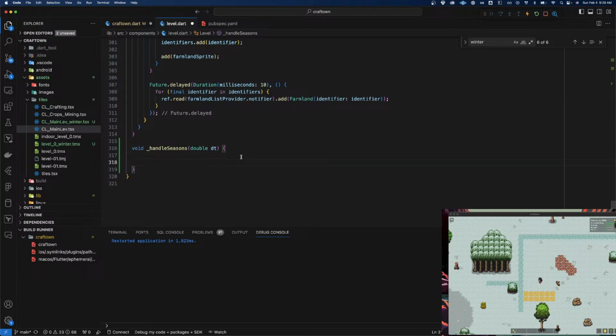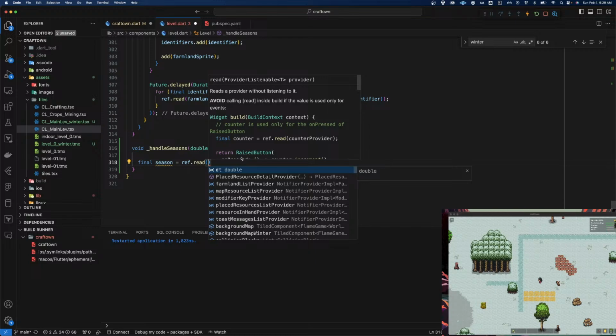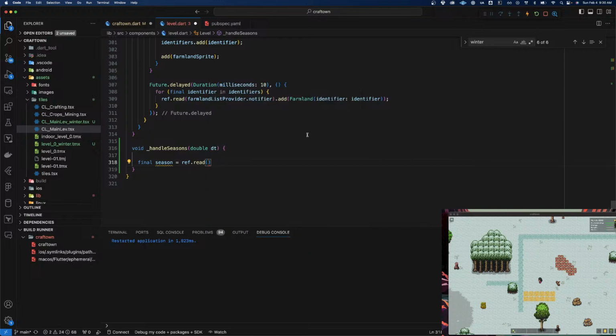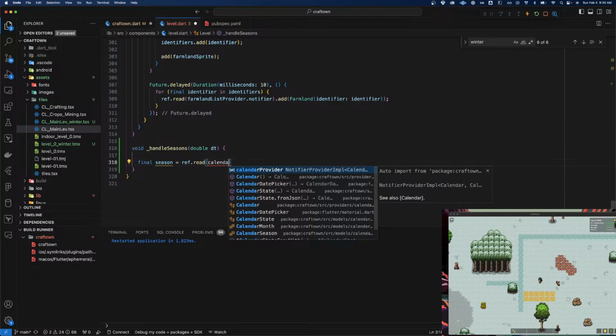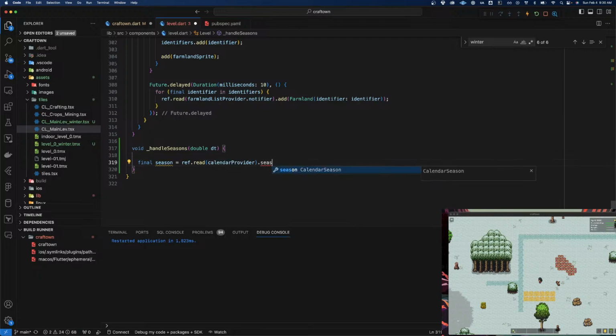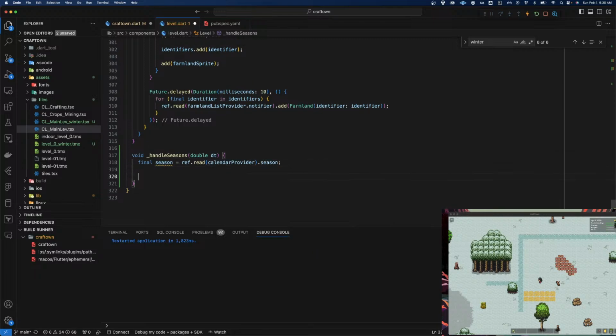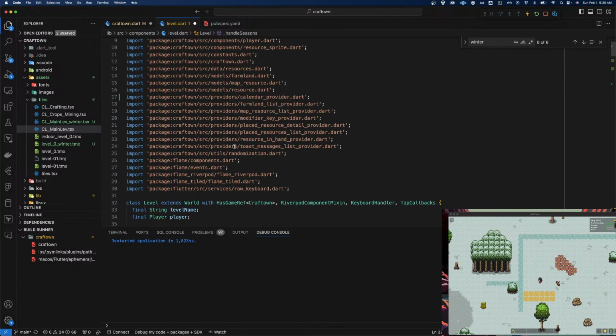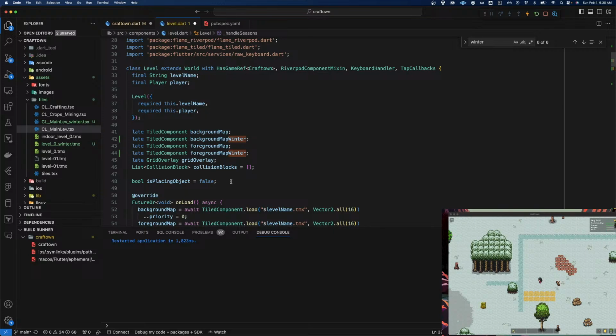And what we can do is final season equals ref.read. We don't have to watch here because this just gets run in the game loop, so it's fine. We definitely wouldn't want to watch here. I don't even know what that would do. So season is, we get our calendar provider dot season. And actually we need to track it, because I don't want to be always changing this. So let's actually have a